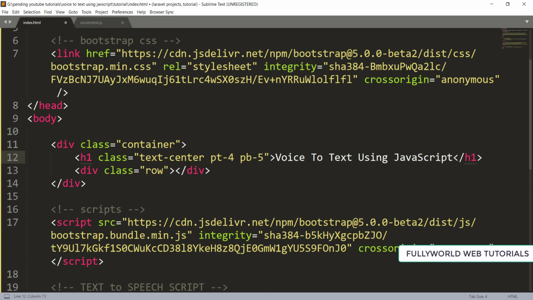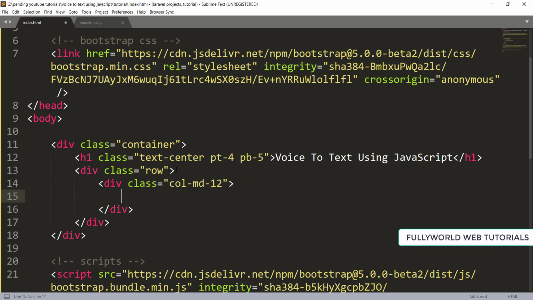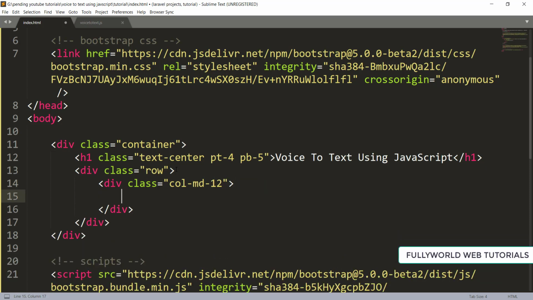Next, under the row we are going to create our columns. Here will be col-md-12 and after that there will be our button.